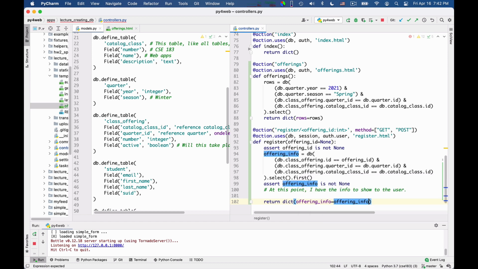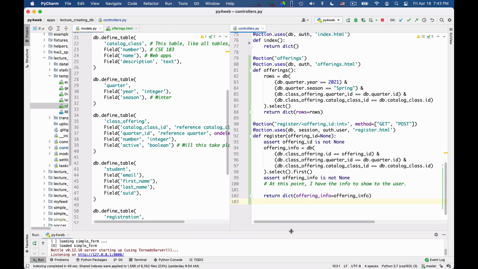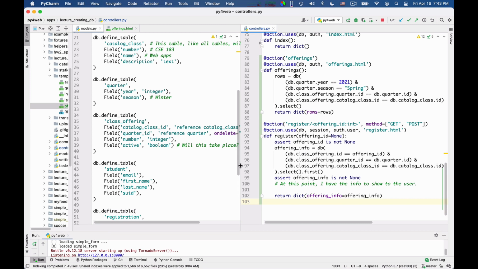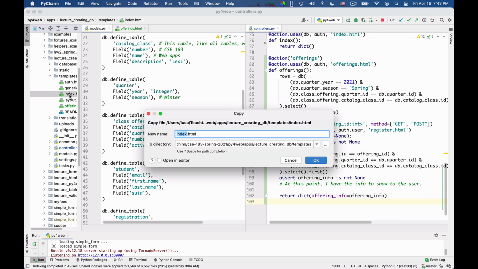I haven't yet given to the user any way of registering, right? But I just want to start by displaying this information. And so I can create here the controller that is called register. Okay, I copy a template that is called index and call it register.